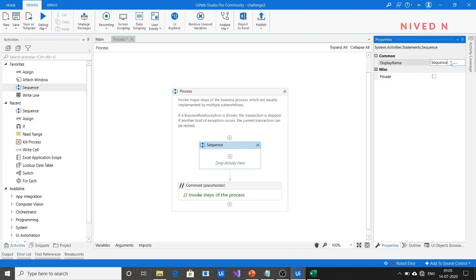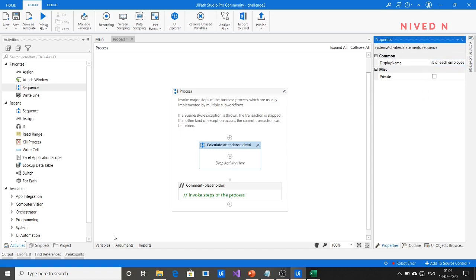First, create the first sequence which calculates the attendance details of each employee. Each employee's attendance detail represents each transaction item.